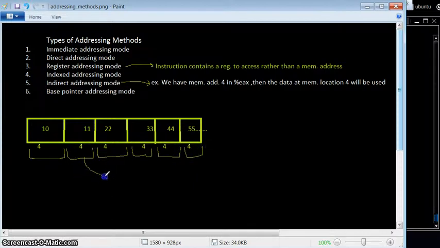So suppose let's take this element, its index is 1, correct? For accessing this element, you have to identify your index as 1 and your multiplier should be 4, because the size of each of the data items is 4 bytes.